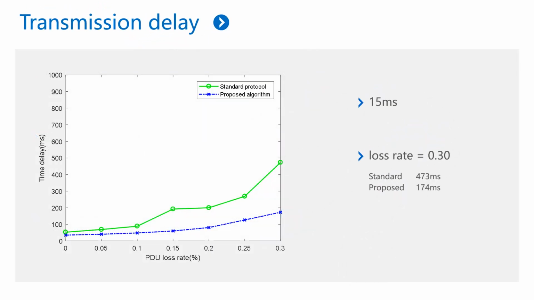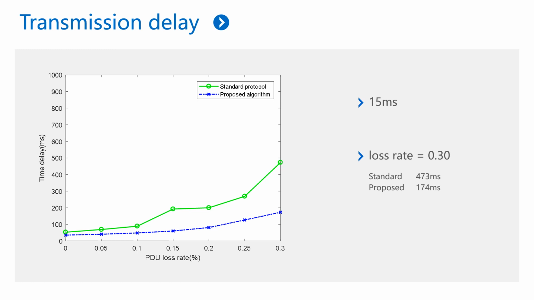For an IoC SDU of 30 bytes, the average delay between generating an IoC PDU in the transmitter and passing it into an IoC SDU in the receiver is shown in the picture. Under different conditions of PDU loss rate, our proposed algorithm reduced the delay by more than 15 milliseconds compared with the standard IoC protocol stack. When the rate of packet loss increases, the delay of the proposed algorithm increases slowly, while that in the standard IoC protocol stack